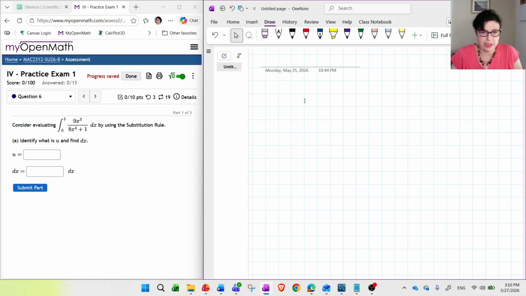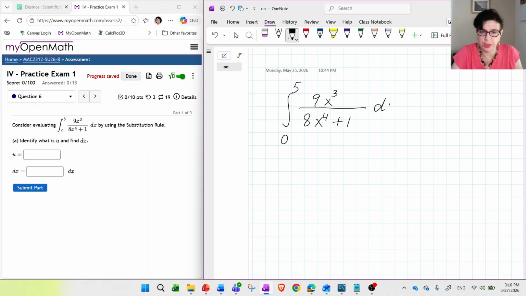Let's take a look at the substitution rule, but this time in a definite integral. We've got an integral from 0 to 5. On the top, we have 9x cubed, and then on the bottom, we have 8x to the fourth plus 1. The first thing that we need to figure out is what it is that we are going to denote by